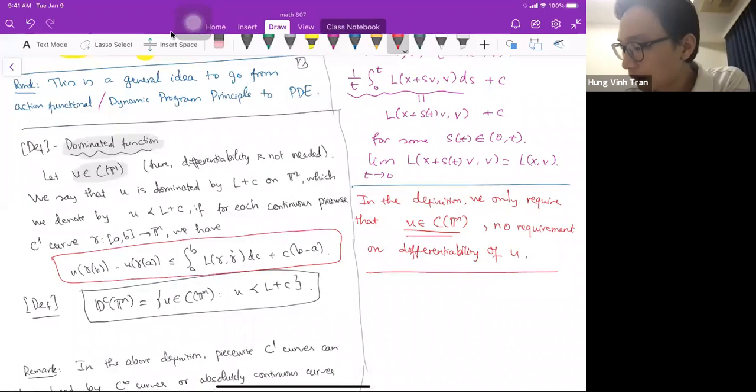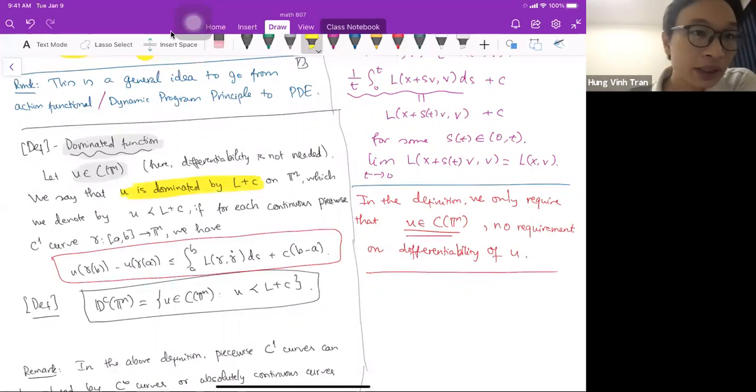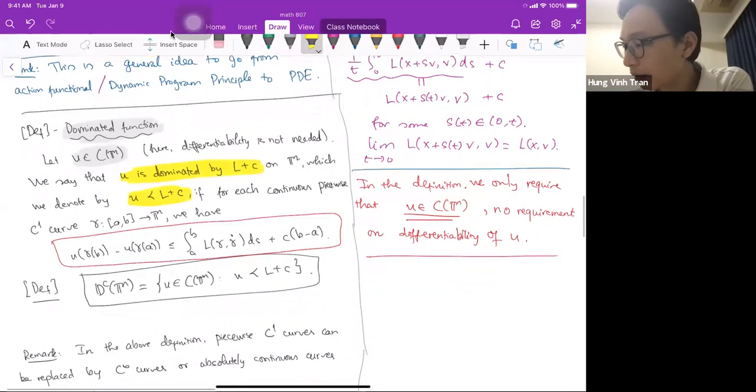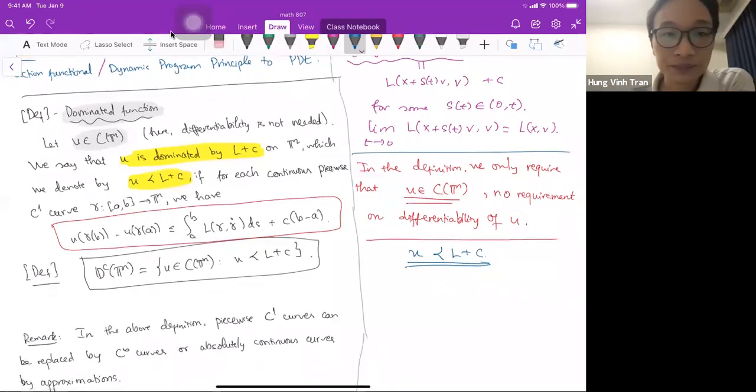So we say that u is dominated by the action, dominated by the Lagrangian L plus C. Again, C here occurs just because it's a normalized constant. It's really the fixed energy level. And we denote it by u is curly less than or equal to L plus C. You can just define whatever you want, right? It's just a relation, if for any continuous